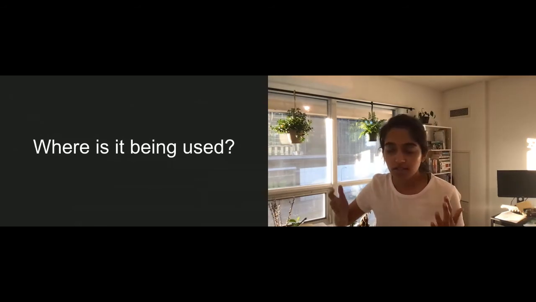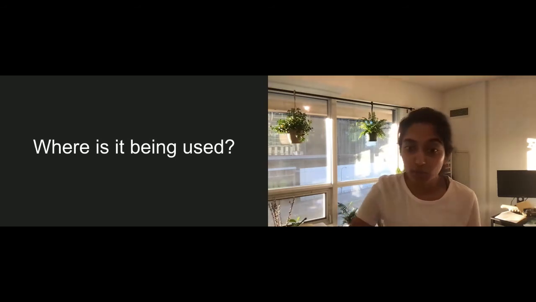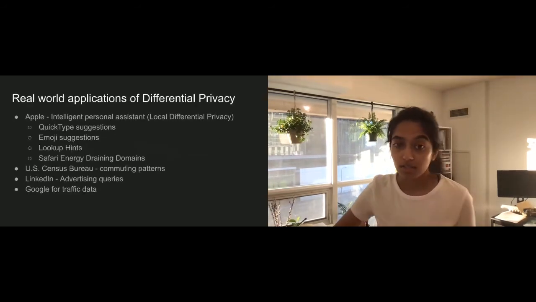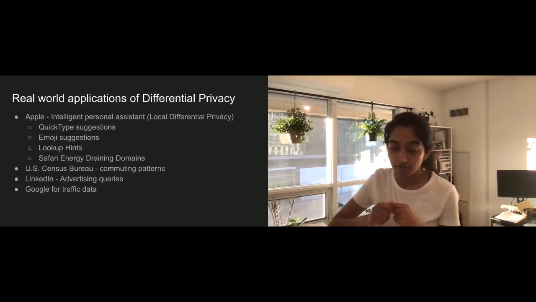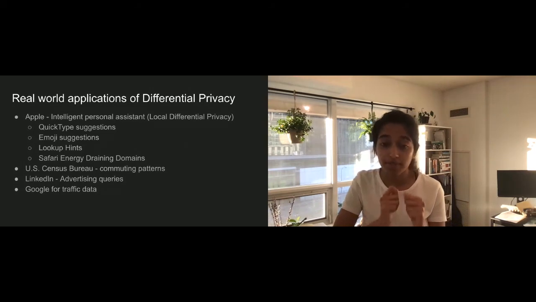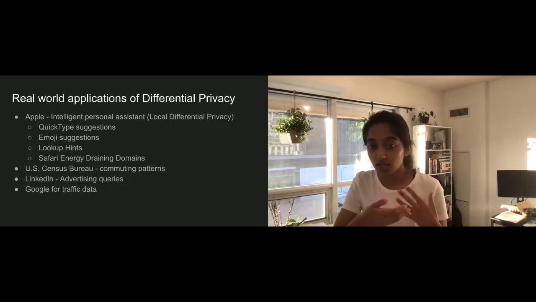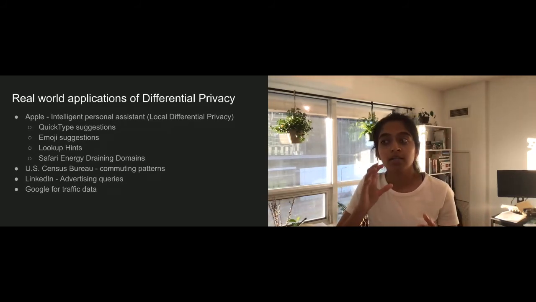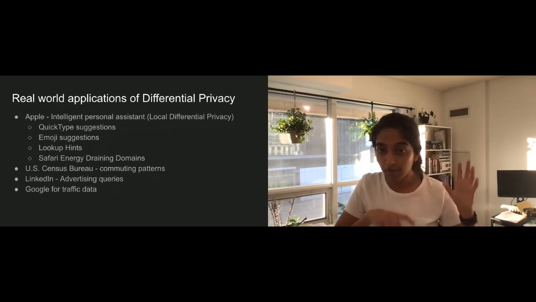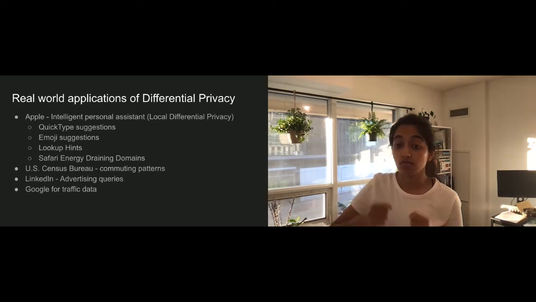Awesome, now you've learned what differential privacy is, what the two types are, and how they work. But where is it being used? Is it just a concept? Turns out a lot of big company names are using it. If you have an iPhone, anytime you type a text, you get suggestions for emojis or words that you've used previously. That recommendation system is based on machine learning and data as well. But the data sent back to the servers at Apple is sent only after adding noise at your device level, so they are using local differential privacy.